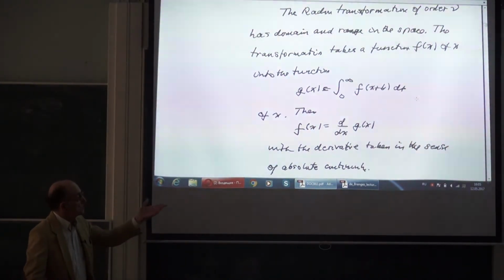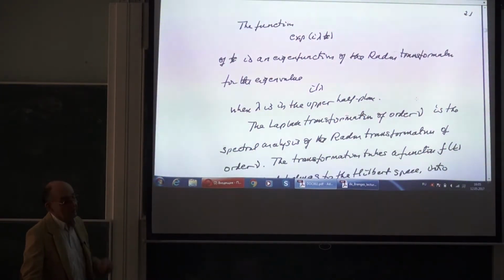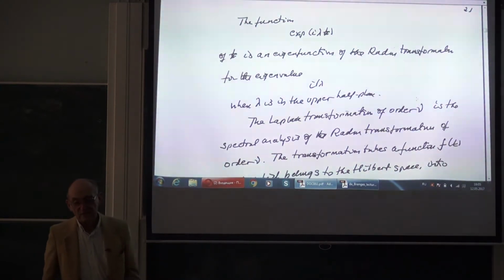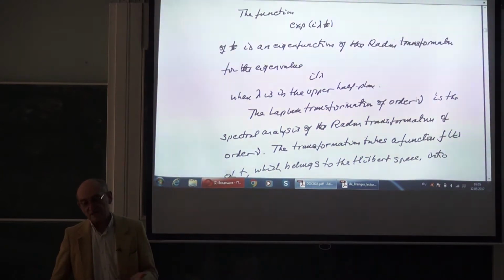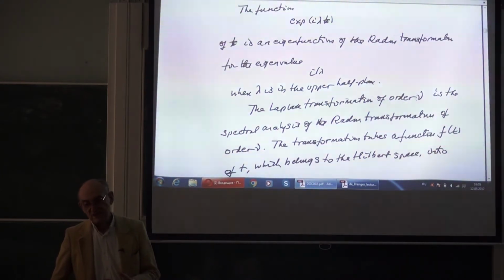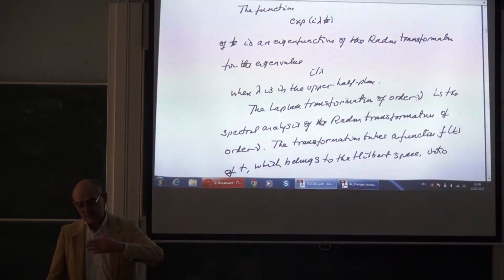But let's go on. So the operator has eigenfunctions and eigenvalues. It's clear we're dealing with differentiation. The eigenfunctions are exponentials. The eigenvalues are complex numbers. But we don't use all complex numbers. We use complex numbers that lie in the upper half plane. The upper half of the